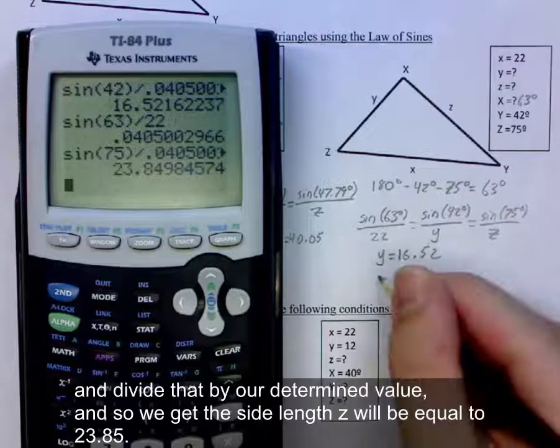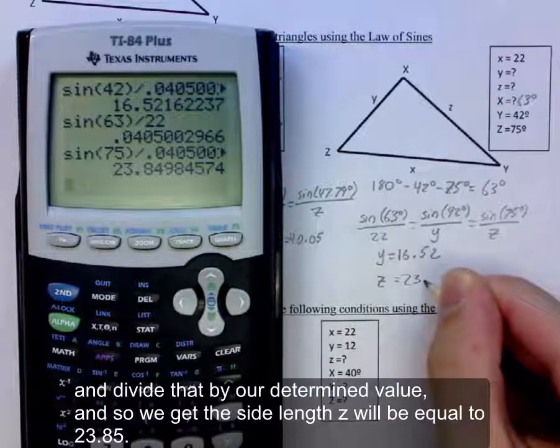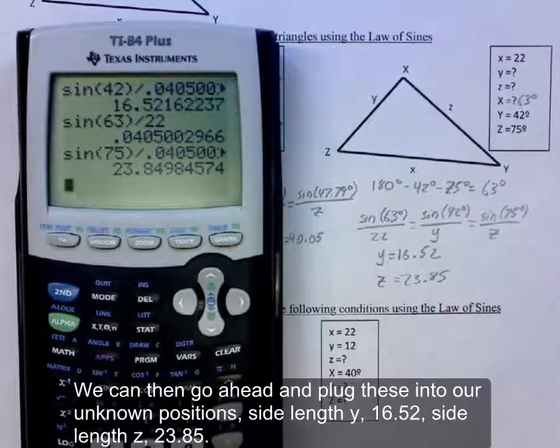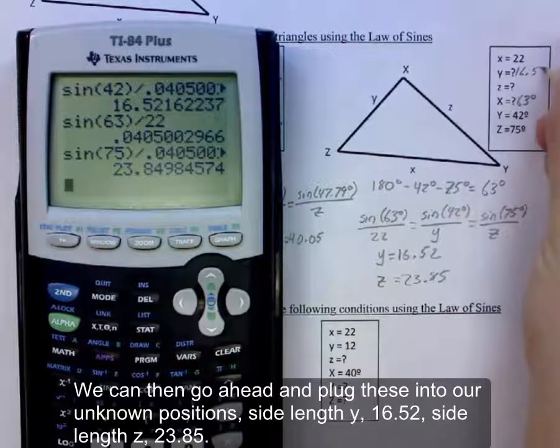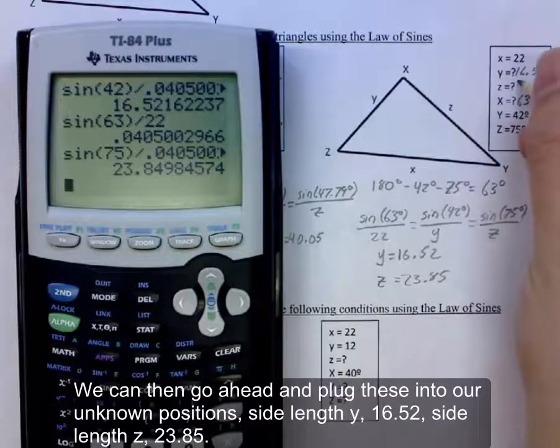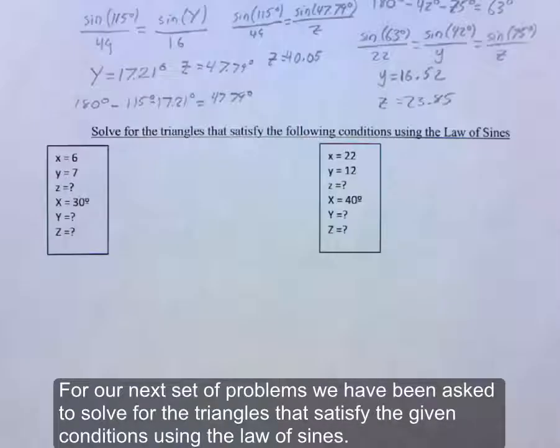And so we get the side length z will be equal to 23.85. We can then go ahead and plug these into our unknown positions. Side length y, 16.52. Side length z, 23.85. For our next set of problems, we have been asked to solve for the triangles that satisfy the given